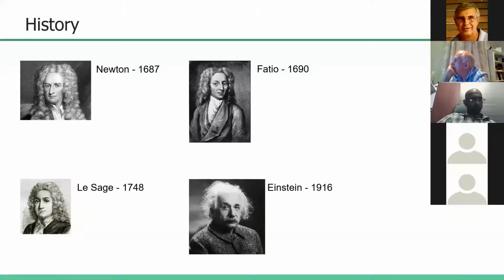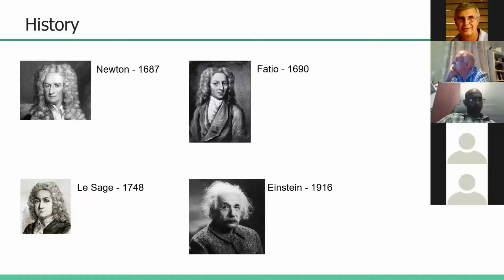Even though the effect appears to be a pull, remember sitting inside the vacuum can? The only real way it could happen was because of pushing forces. Newton did consider it for a short while, but because they couldn't find a solution, he discarded it. Fatio was quite broken by this. In 1748 was the first time a paper was published, by Lesage, and the theory was called push gravity. It was met with a lot of resistance, and justifiably so.